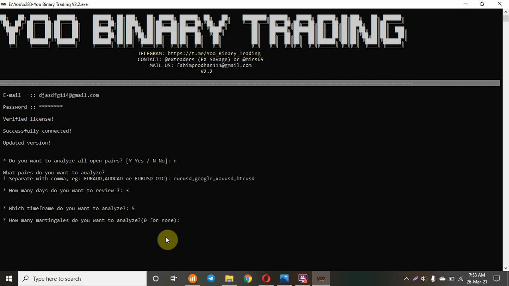How many martingales? Like I previously said, more martingales or less, zero martingale doesn't mean indicating the confirm signal. The confirm signal is high in probability. The confirm trade is also high in probability. So I always choose 1 or 2 steps, or 0 steps. I do not usually use 0 step. I use 1 step.